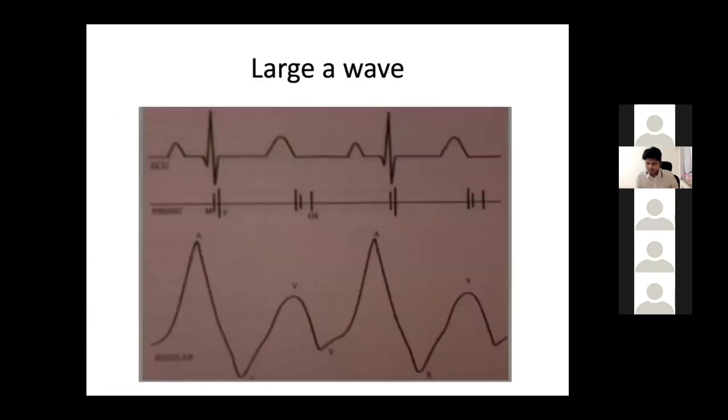Now, as I already told you, you can see a prominent A wave which comes off the carotid, which comes after the P wave, which comes before the S1. As I told you, everything you can see in this is before the S1 with the carotid, and after the P wave on ECG. Now there is something known as the Cannon waves.